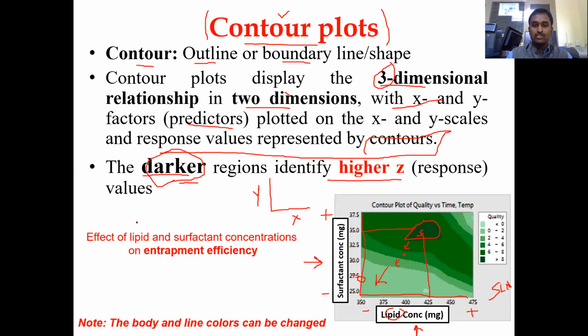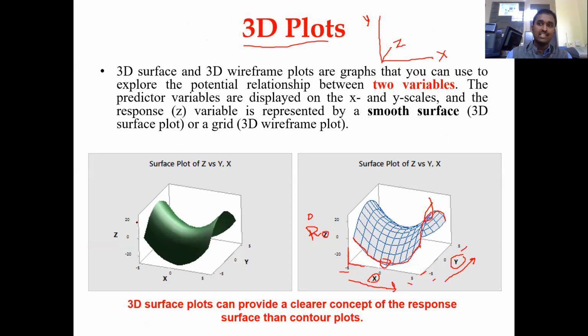But when the roof is not flat, it's a curvature, either increasing or decreasing, like the distribution plots you saw. The more the curvature of the roof, the more the influence of the input factors such as x and y. So that is the advantage of 3D plots. 3D plots are like a roof. Since we're using 3 dimensions, we call them 3D plots.